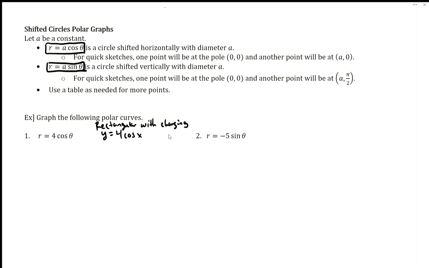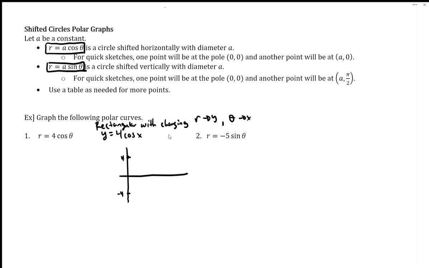changing r into y and theta into x. And so I'm going to graph that right here. So this method does require us to remember how the cosine and sine graphs function. And again, I think it's good review anyway for those. But the cosine graph